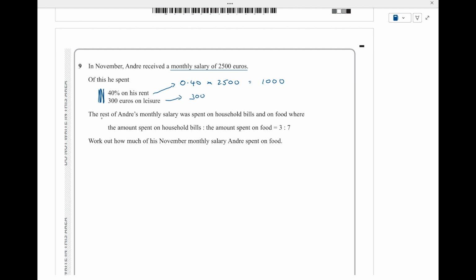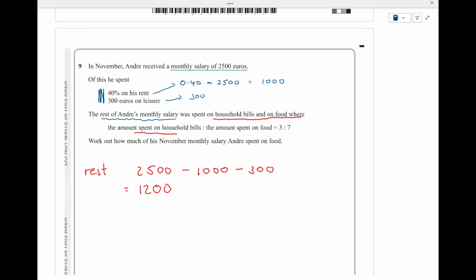The rest of Andre's monthly salary. Stop. I wonder how much he had left. Let's have a look. What is the rest of his salary? The rest. Well, he started with 2,500. He spent 1,000 on his rent and 300 on leisure. Means that he has 2,500 minus 1,000 minus 300. The rest of his monthly salary is 1,200,